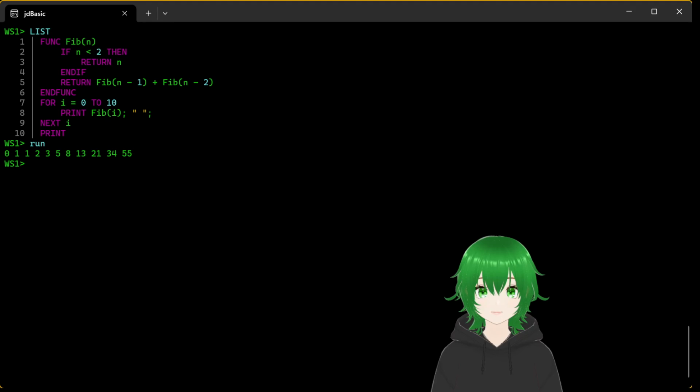That is lesson 5. FUNC for values, SUB for actions, parameters to pass data in, and recursion when a function calls itself. In lesson 6 we will look at maps, jdBasic's key-value data type, similar to a dictionary in other